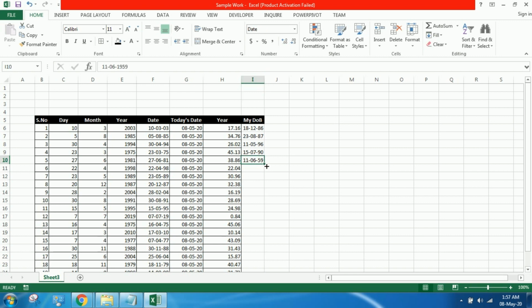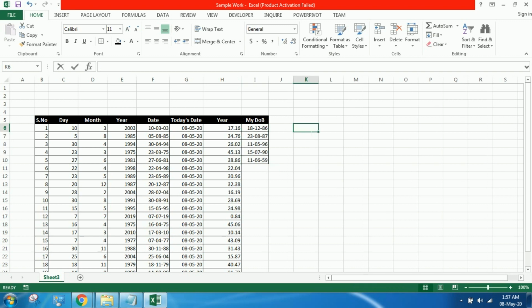I'll mention whose dates of birth these are: Nishant's, mine; Neha's; Diksha and Priya, my sisters; Mridula Sinha, my mother. And I'll show you how old we are on today's date.